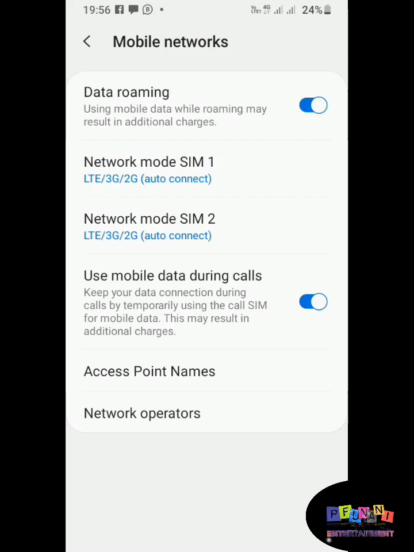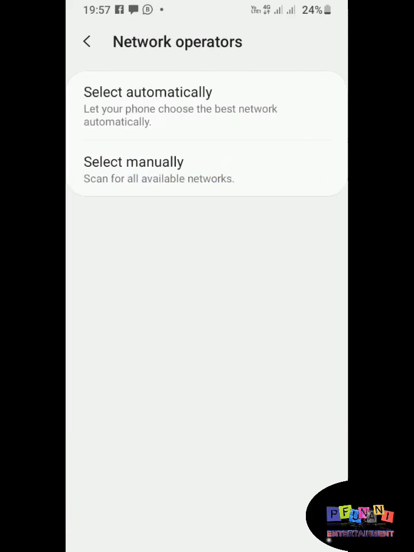So then let's go for step number 2. So now we are going to the last option, network operators. Here let me explain a little bit for you so that you can understand what's going on. As you can see, there's automatically and also manual. So you have to make sure that you select automatically, no matter which SIM card you